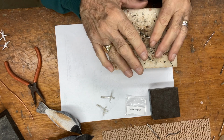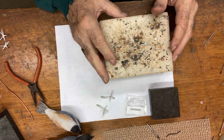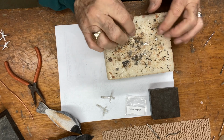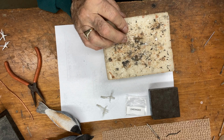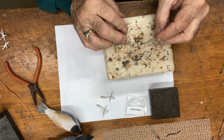So you let that set, and a 5-minute epoxy, I usually give it a half an hour to set. And you just need to do it on top here, you know, where the separation is here, where the hole is, where it's going through. And if you get it a little bit up on the wire and a little bit onto the foot itself,